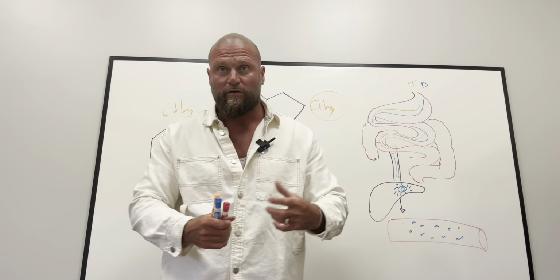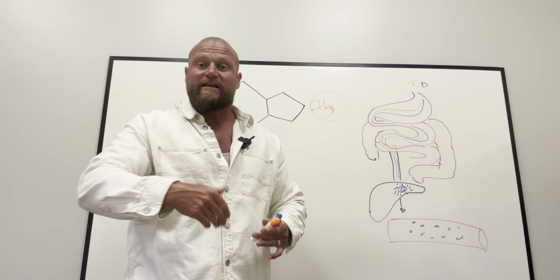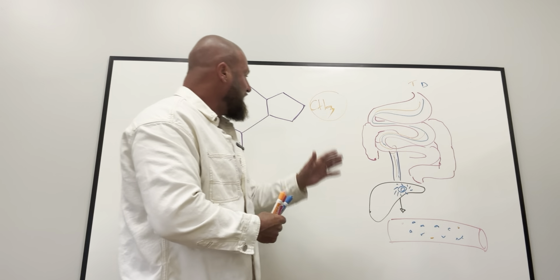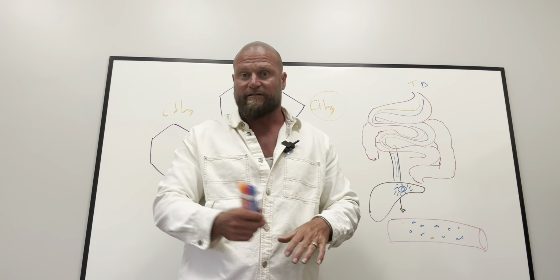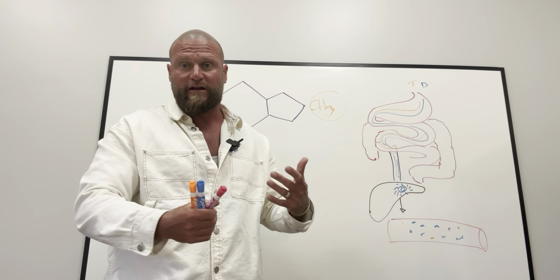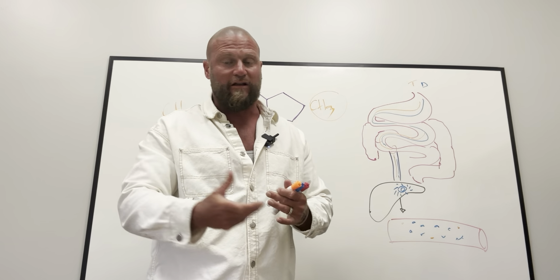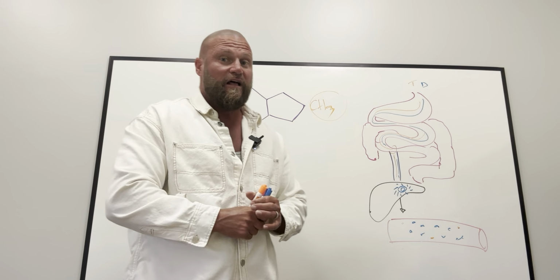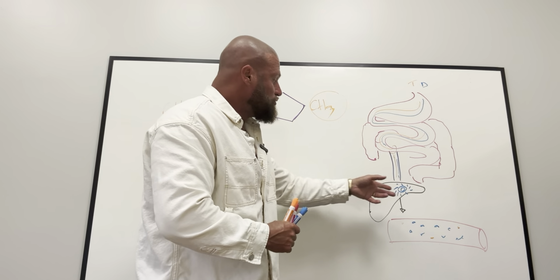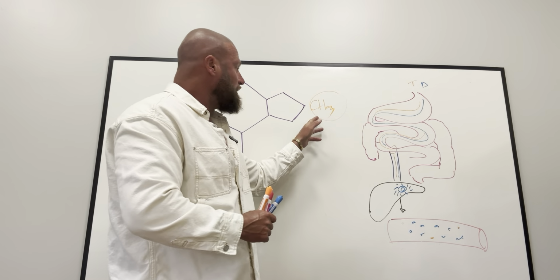So Primobolan taken orally has a better availability than a steroid without any alkylation. Those are less than 10% usually. So Primobolan taken orally might have availability of maybe 20% or something around those numbers,